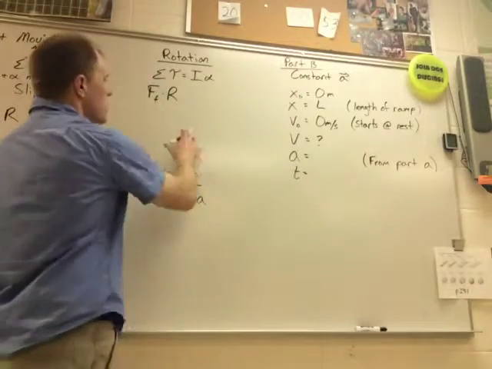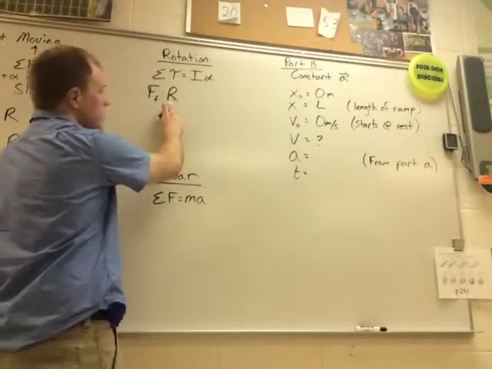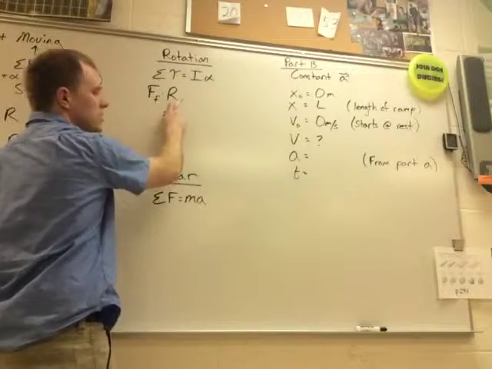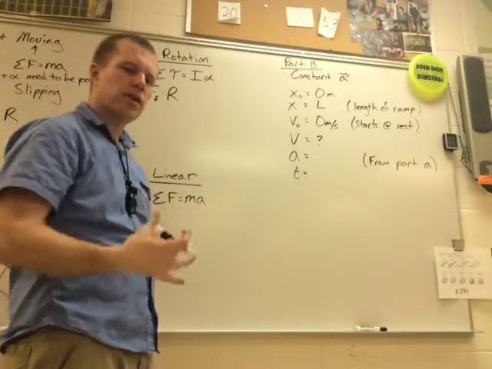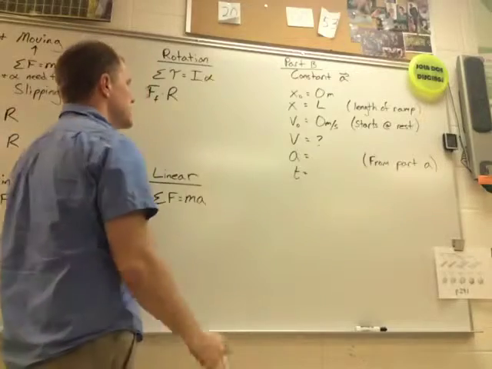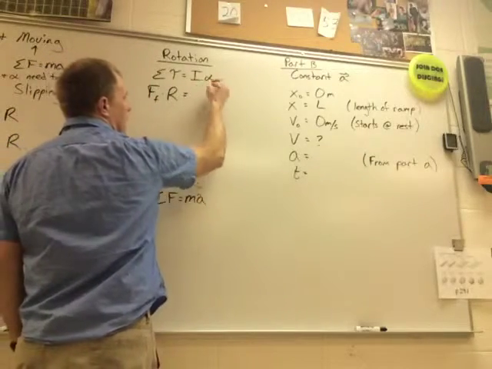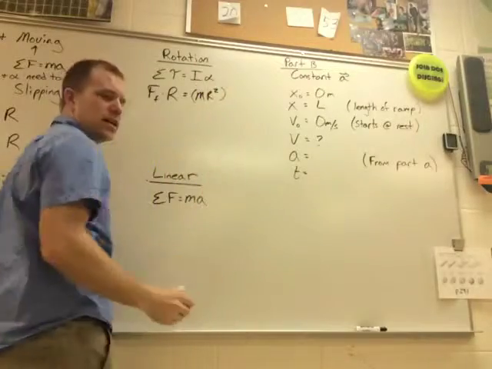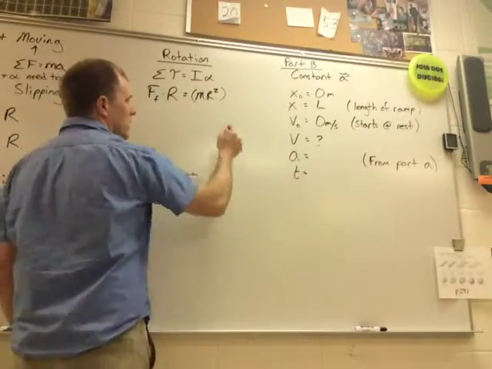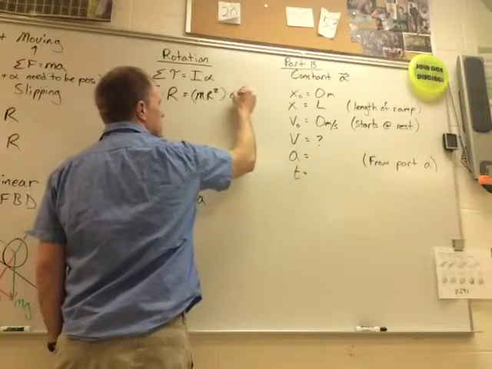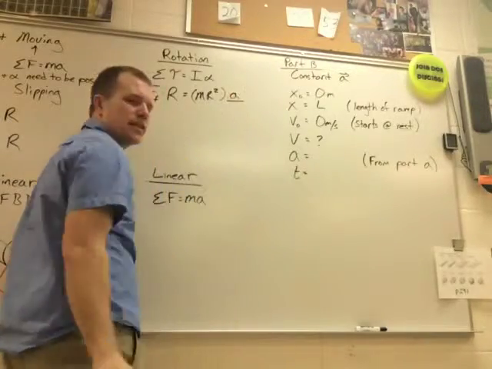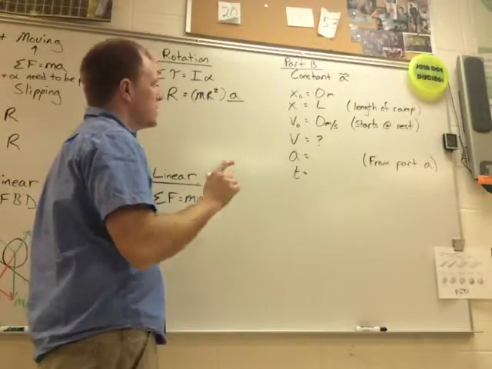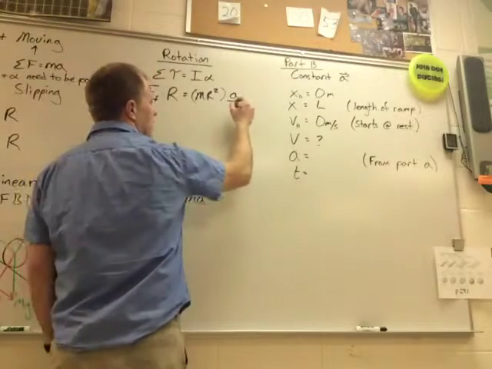Because I have that force of friction acting at the radius, it's going to be force of friction times radius, and they're perpendicular to one another, so I don't need to include a sign or anything. I have I, which is mr squared for our ring, and then I have alpha. But we're going to make the substitution that alpha is the center of mass acceleration divided by